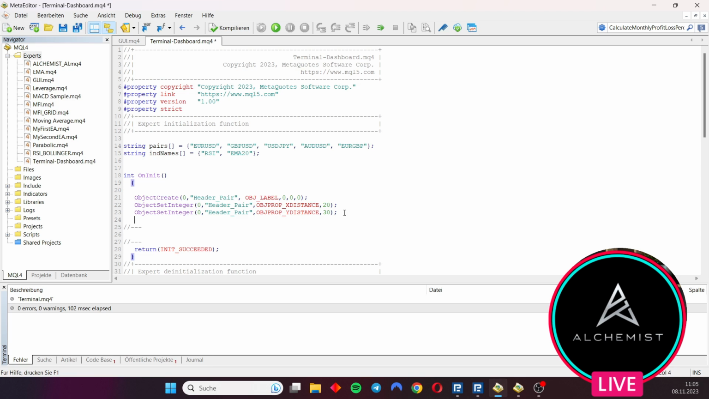Then next thing is we have to set the text. That's ObjectSetText. The name is header pair. Just copy it. Boom. Then we have to define the text. The text will be pair. Next thing is the font size, then the font itself. Let's go for Arial. Color is white. Boom, that's it. Now let's click on compile, no error, and let's check